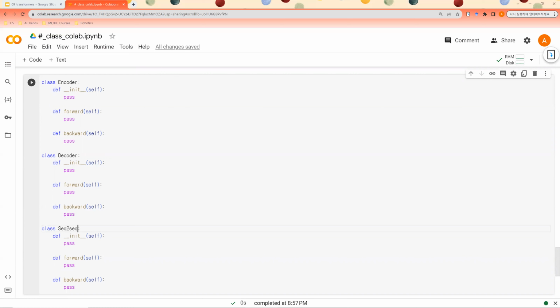Okay, let's first implement the encoder. And when we're implementing sequence to sequence model, we will inherit the base model. Okay, let's first implement encoder. We need to receive the vocab size and word vector size and hidden size. And after that,